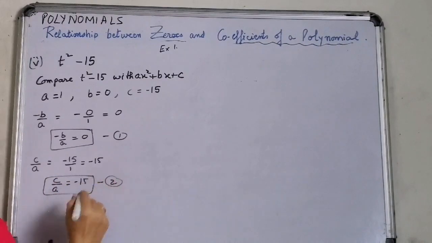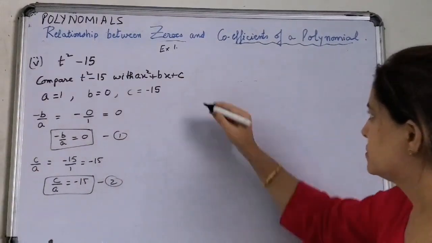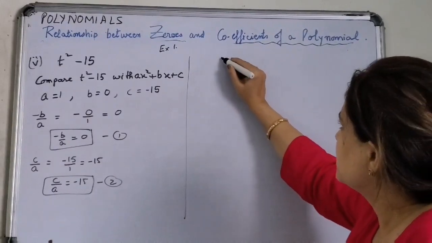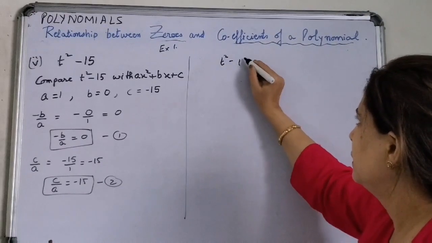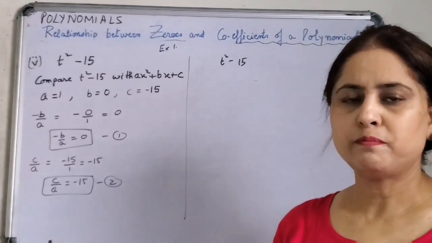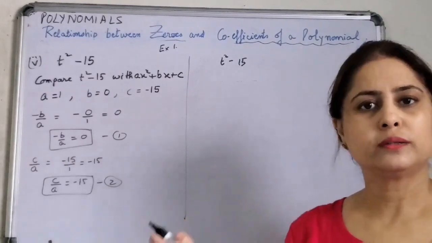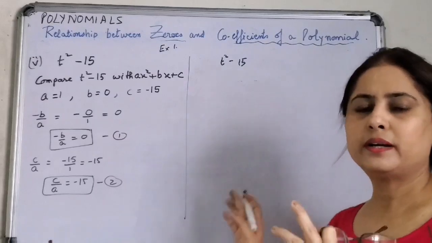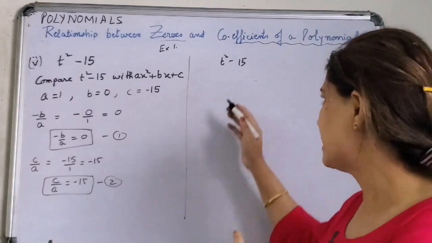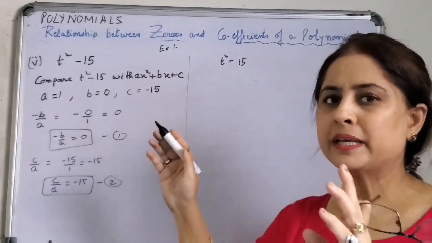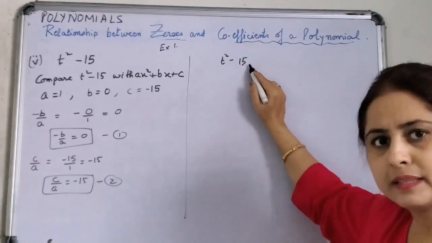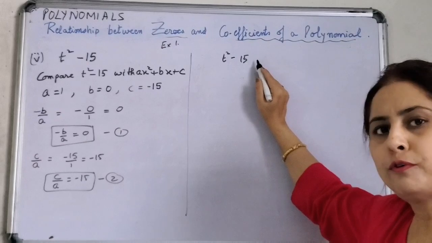Now next we are going to find out the zeros of the polynomial. To find out the zeros of a quadratic polynomial, we have a few techniques. We know splitting of the middle term is there, but that is possible only when all the three terms are there. Just as we did in the previous question, two terms were there, we were in a position to take out common. Now there's nothing common over here, but something strikes me. This is a perfect square and I can put this 15 in the form square root of 15 whole square, right? So that is what I am going to do.